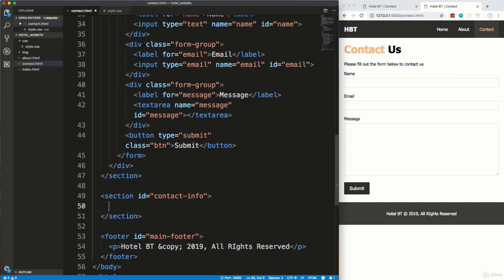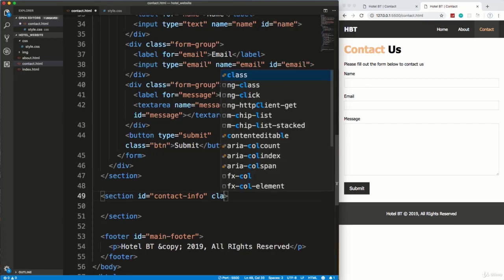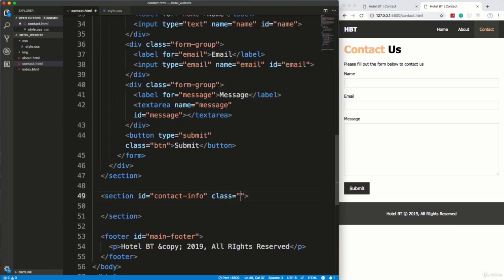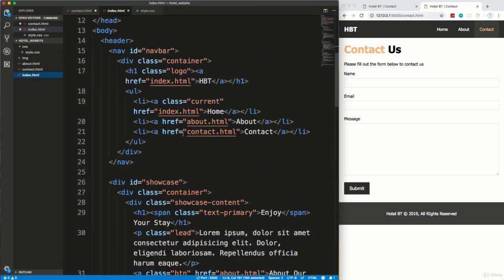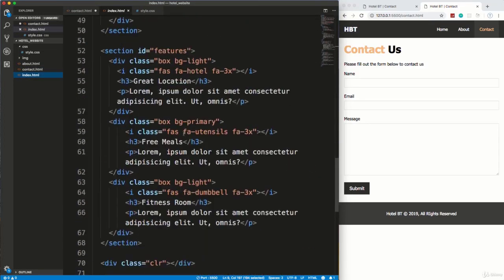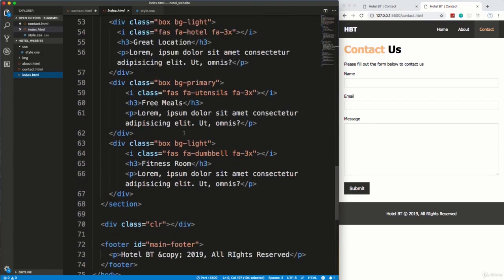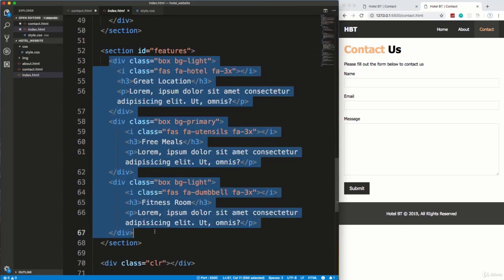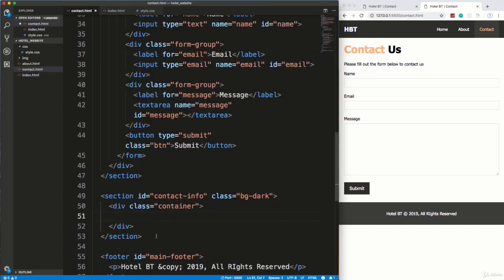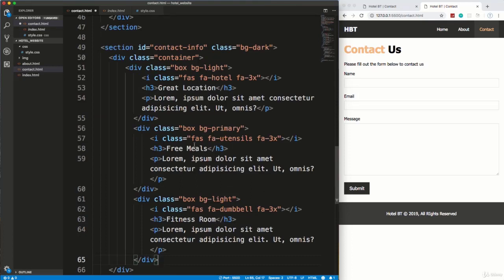and I want this to have a dark background, so we're also going to add the class bg-dark, and inside the section we'll put our container, and let's add our boxes. Now I'm going to copy from the index HTML. Let's grab those boxes. Under features we have the div class box, so we have 3 of these. Let's grab all these divs, and we'll bring them to the contact, paste them right in there,